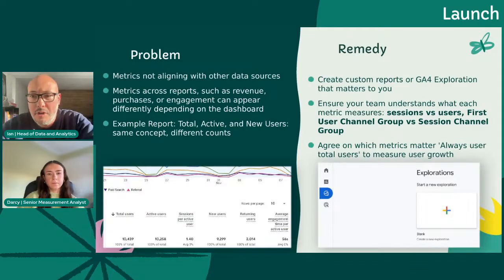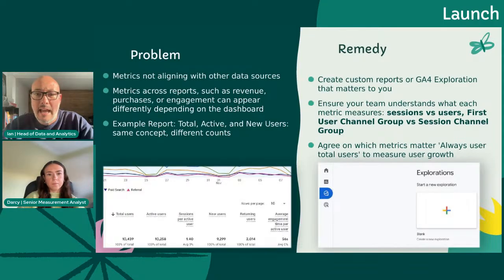For example, you've got traffic acquisition versus user acquisition. So when you look at those two reports, they may be reporting on revenue that's very similar to those different channels, but they're never going to align. And so our remedy here for you is to really utilize the exploration report in GA4. With that, you can create custom bespoke reports that can detail down to the granular level of what you want to look at, whether it is a new user, or whether it is a first-time user, or whether it's a